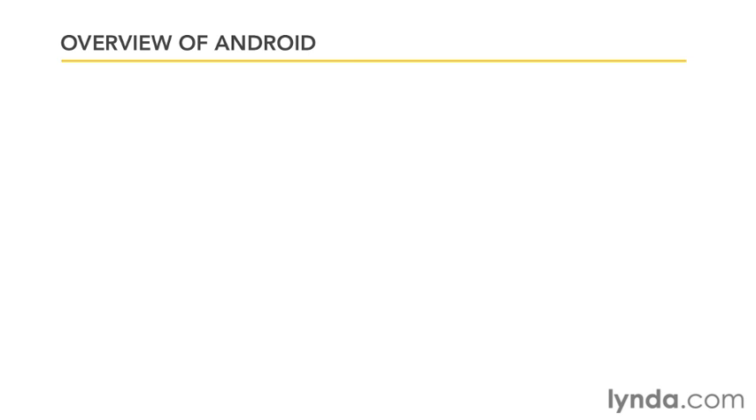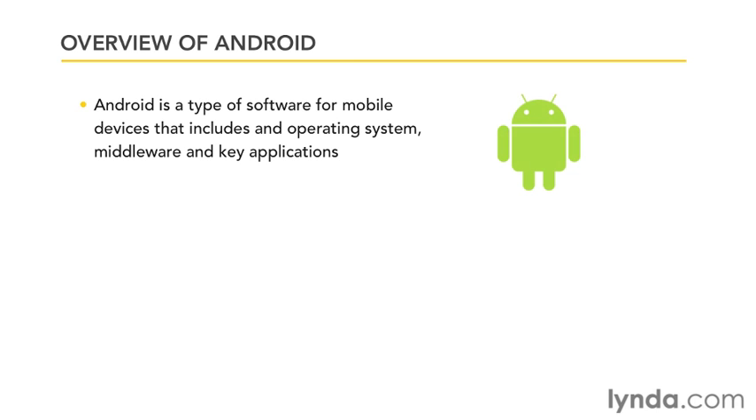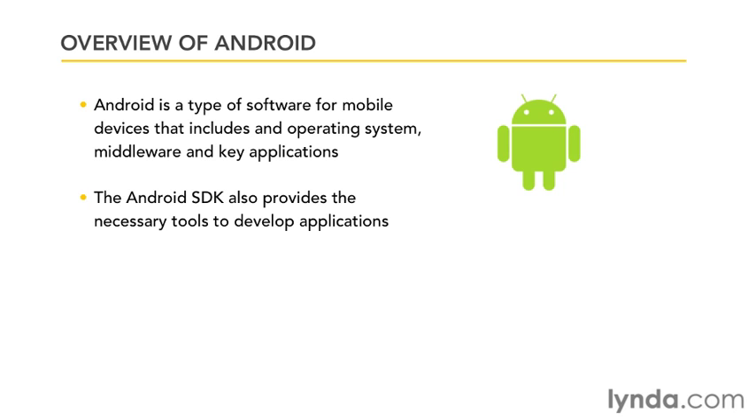Now I'd like to give you an overview of what Android is and the basics of creating apps for it. Android is a type of software that was created by Google for mobile devices that include an operating system, or OS as it's known, a middleware, as well as key applications such as Google Maps, Gmail, things like that. Android also has an SDK, a software development kit, that allows you to create applications for the Android